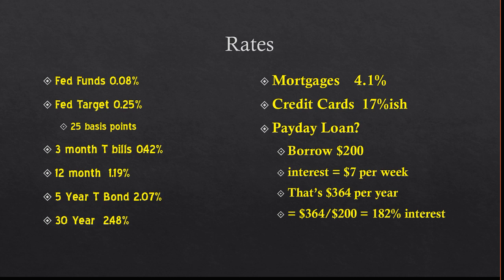The gaps between those are shrinking, and we call this the term structure of interest rates. This pattern where interest rates get higher as the time of the loan gets longer. That gap is shrinking. When it inverts, when the long term has lower interest rate than the short term, that's a signal of a recession, and we'll talk about that. Every recession since the end of World War II, there's been an inversion of the term structure one to 2 years prior to the recession happening.